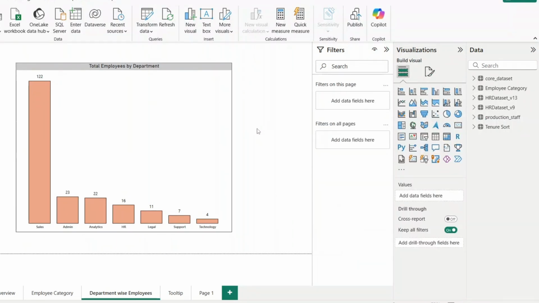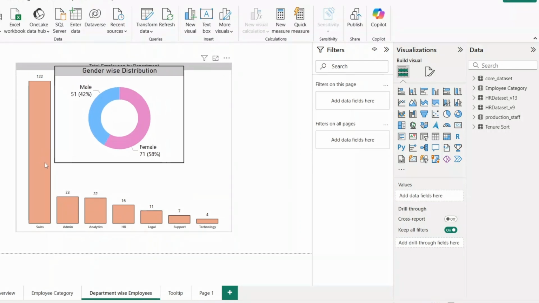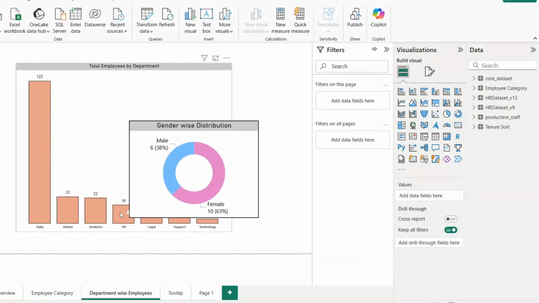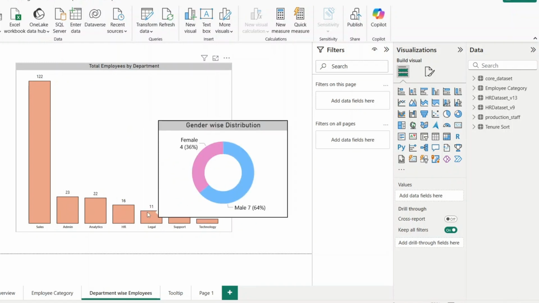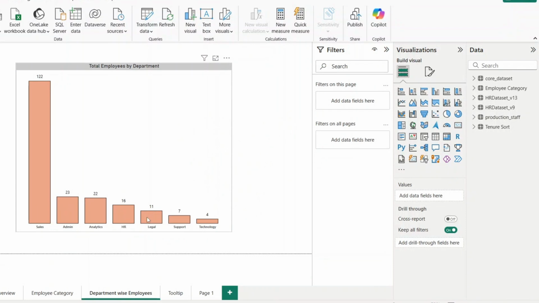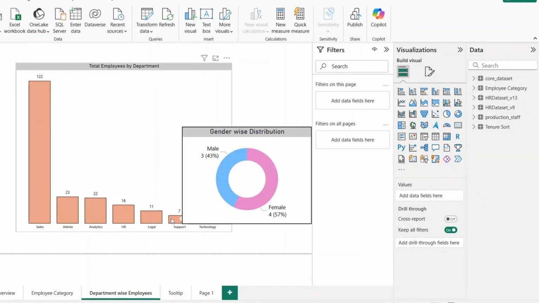Now let's see if it's working fine for us. In order to check it, we will simply hover our cursor on the data points. As you can see, the tooltip that we have created now is working absolutely fine, as when I move my cursor, the numbers, the data on the tooltip is changing accordingly.